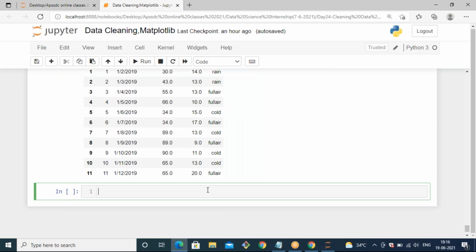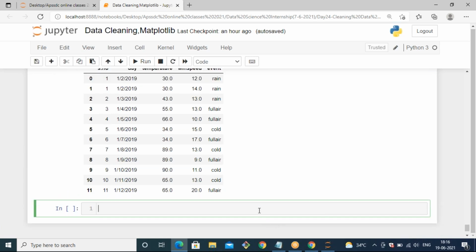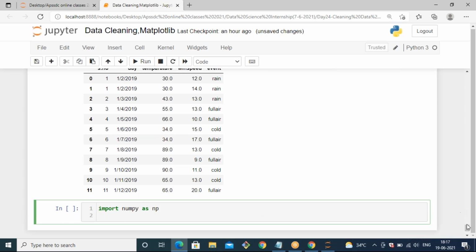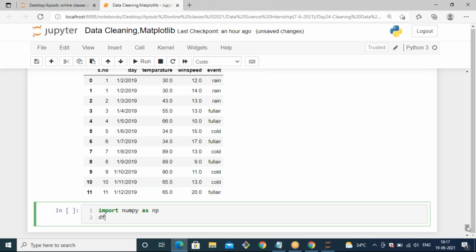can we make existing data a NaN? Yeah, you can make it. You can use import numpy as np for that. If you see, we have df1 of temperature.